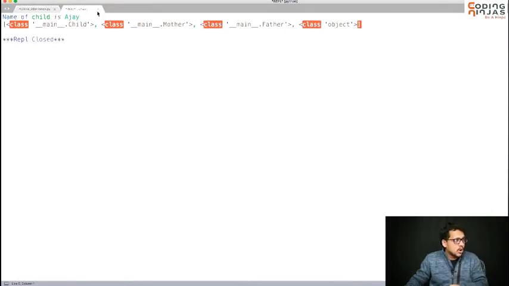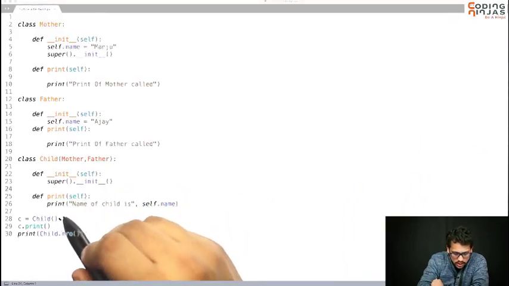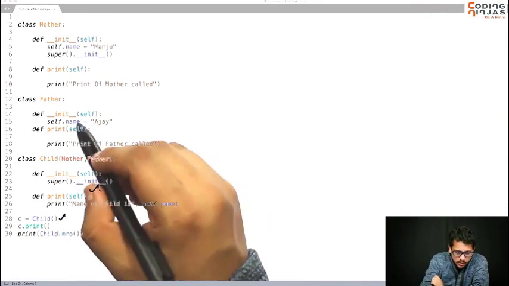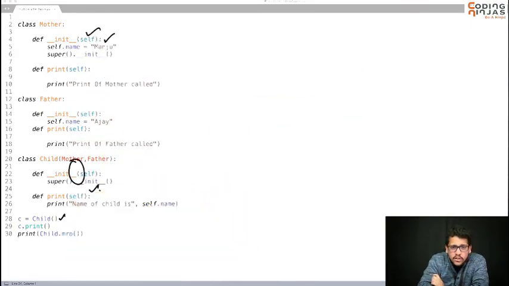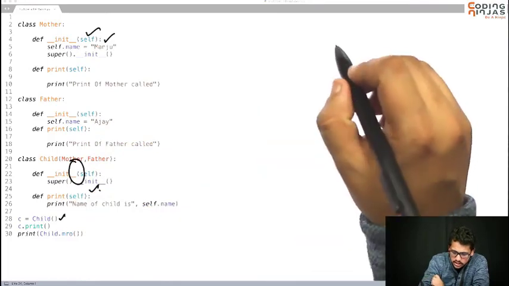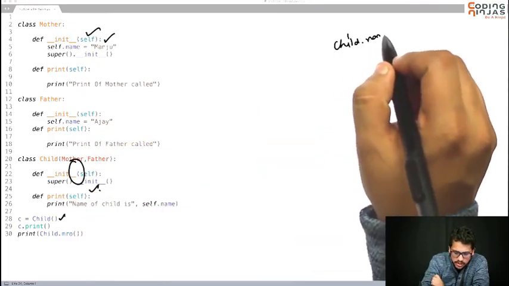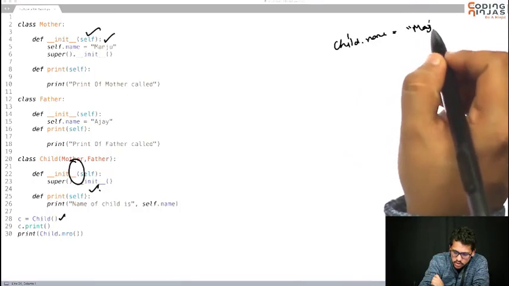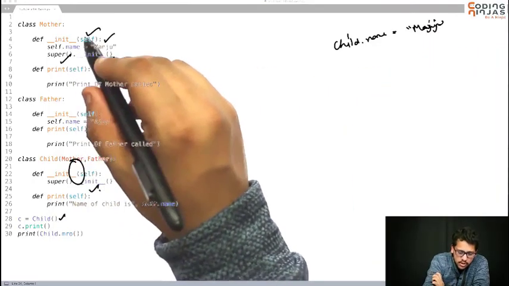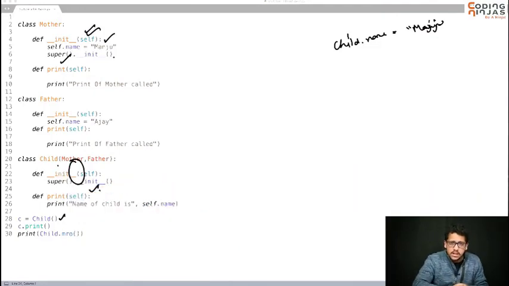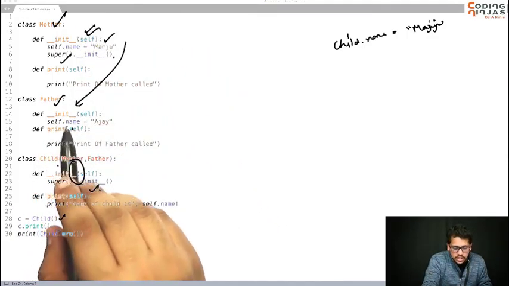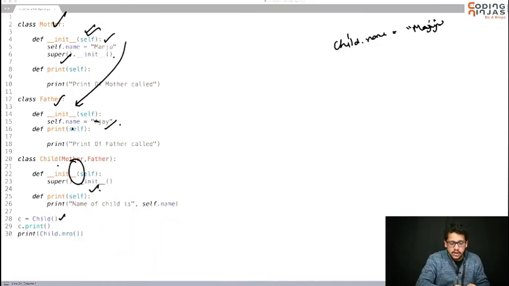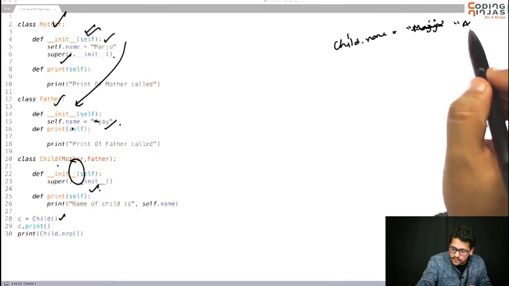Why this worked is because you had called c dot child, super dot init will be called, then this super dot init points to this mother, you had gone here, then this self dot name, here self is what, of the child object. So c, the child dot name has become an attribute and has been set to Manju. Now you had gone to super dot init, so this super has self, and it is of type child. Now in the method resolution order, after mother it goes to father, so in this order it goes to this father, not to the object but to the father. You had come here, now you had done self dot name equal to Ajay, so your name has been changed to Ajay.